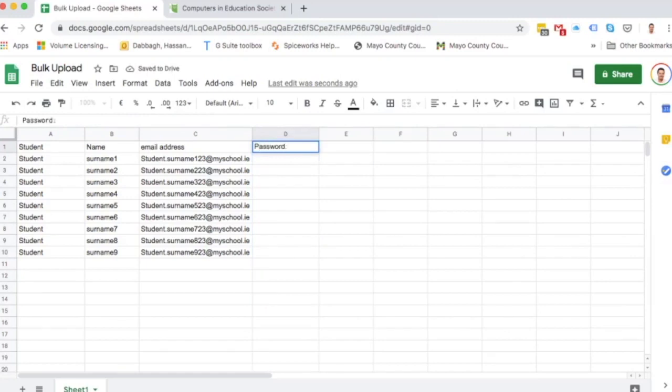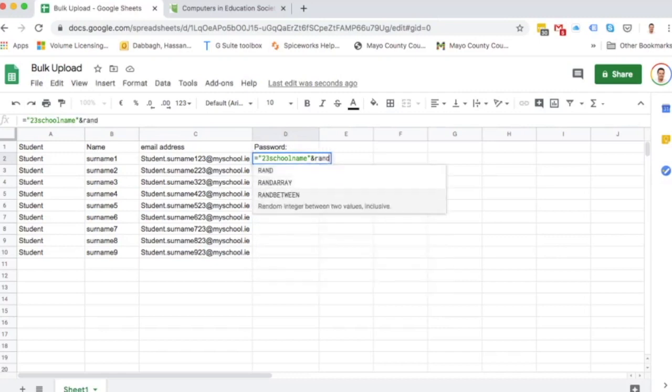Now the password is put in with the same idea as we put in the email address. So equals, inverted commas, I'm going to put in the year that they graduate. I'm also going to type in the school name. I'm going to close the inverted commas, and I want a random number between